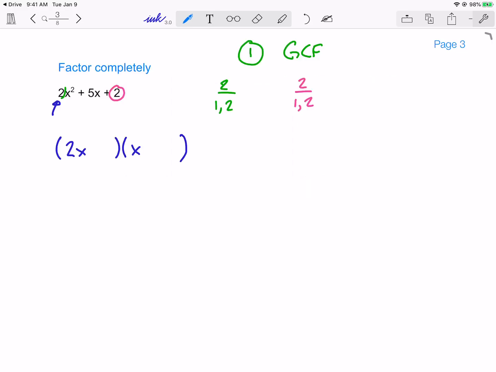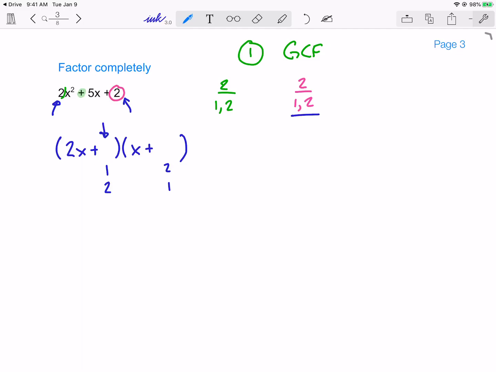And now the only way to multiply to make this 2 is to have a 1 and a 2, because that's the factor pair. So I'm either going to have a 1 here and a 2 here, or a 2 here and a 1 there. Now the other question is, am I going to add these numbers or subtract them? Well, today I am strictly going to focus on problems where we're adding the middle term, which means these will always be positive. Now, how do I know which one goes there? The 1 or the 2 on this first